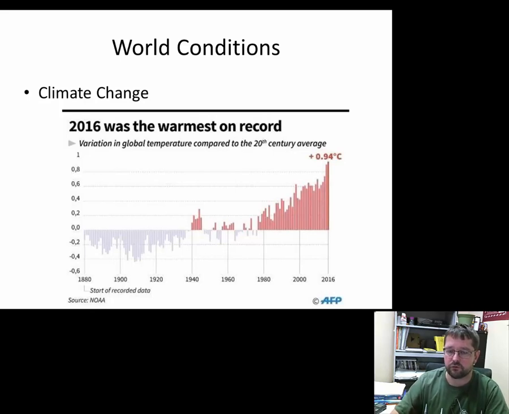Okay. So the other thing about warmest temperatures I should point out: this map is showing that 2016 was the warmest year on record. It still is the warmest year on record. 2017 was the third warmest year on record, and 2018 is not quite done, but most of the results look like 2018 will be in the top 5. So if you have 2016, 2017, and 2018 all being in the top 5 ever recorded since 1880,